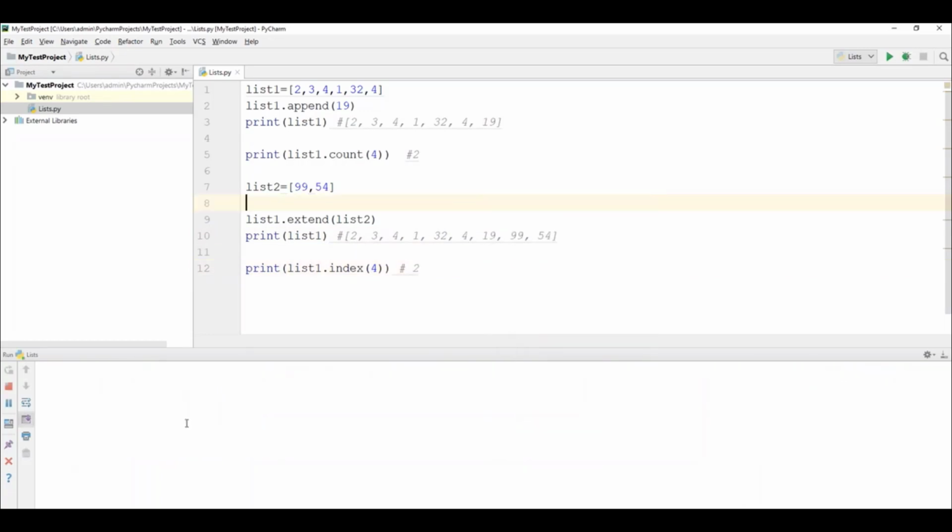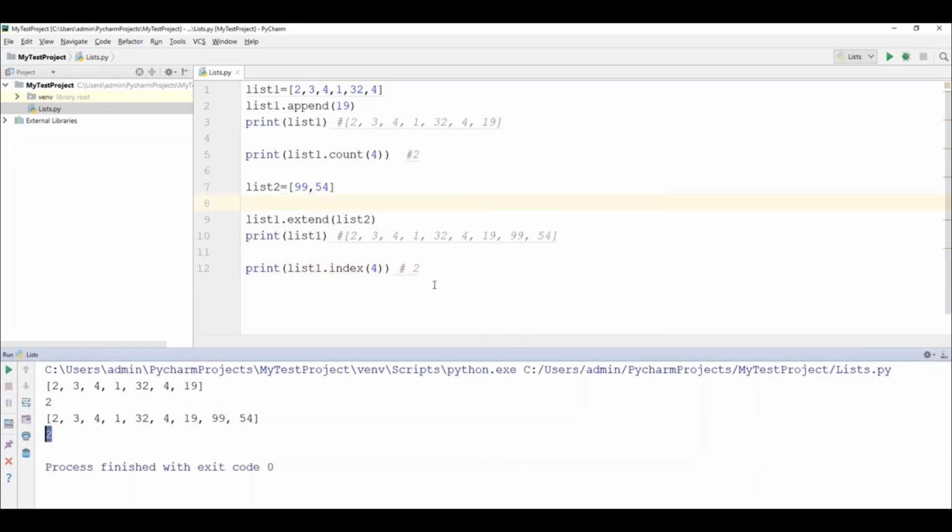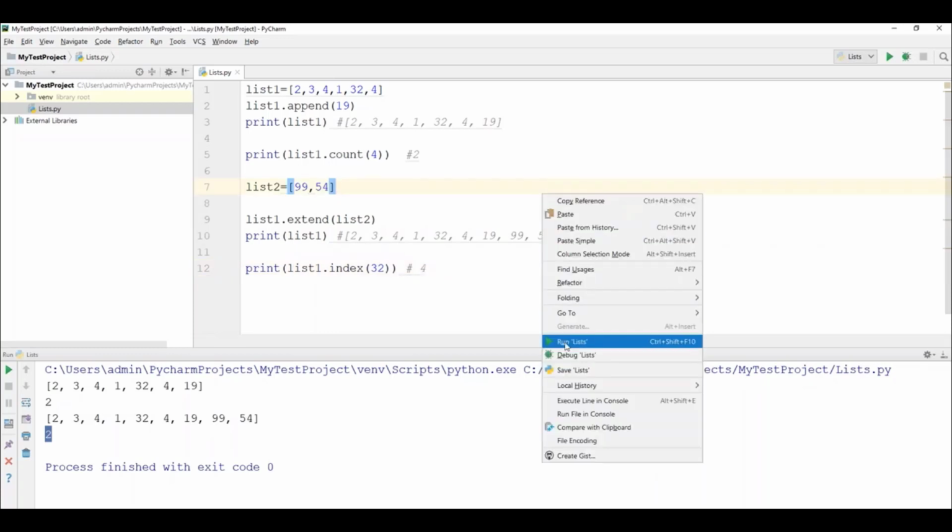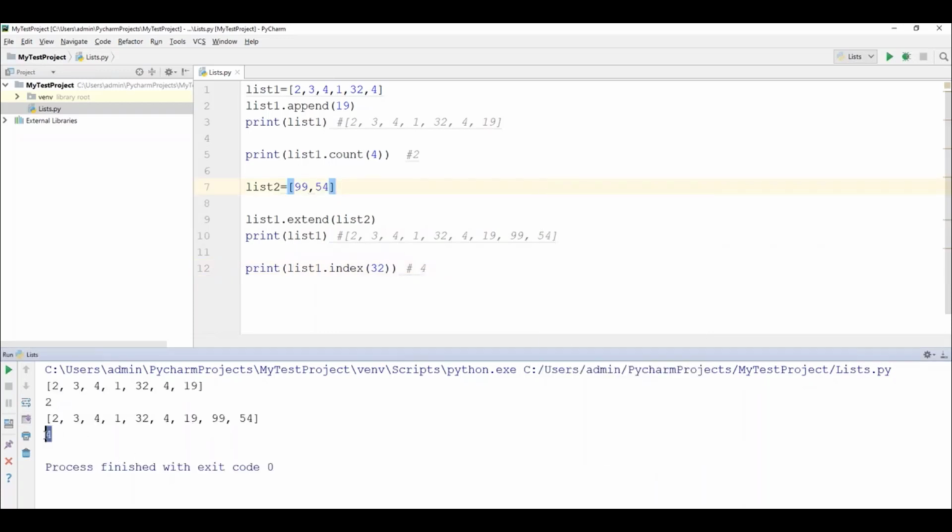Now let's run this code again. So finally it returns 2. Similarly, when I say here 32, what is the index of 32 here? 0, 1, 2, 3, 4. So this should return 4. It has returned 4. So here this is a value, and the index function will return the index of that particular value. So that is called the index function.